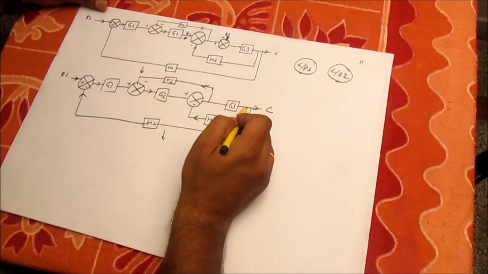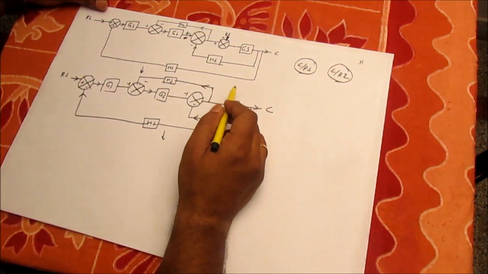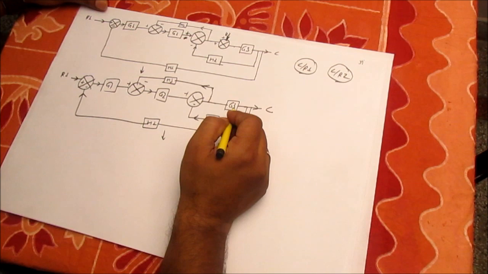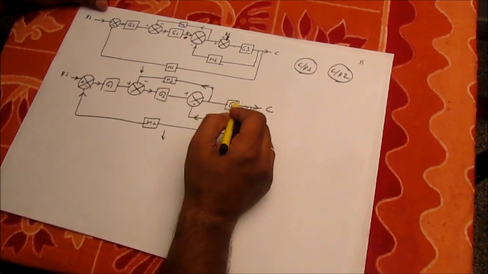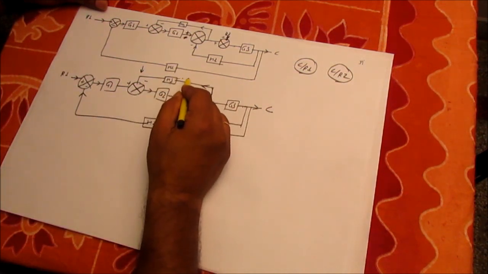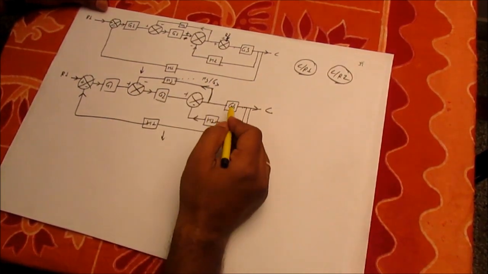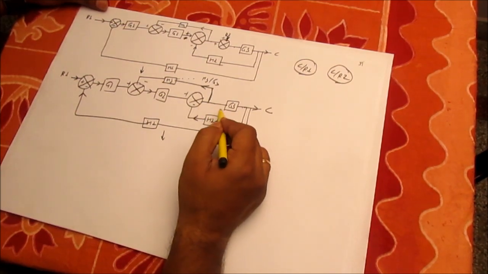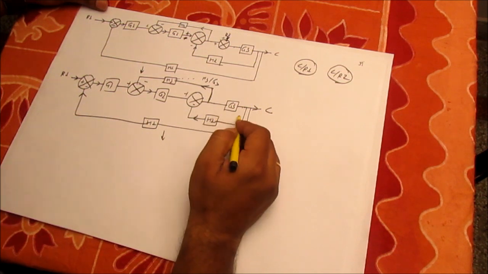To compensate for that, I will multiply this H3 by the reciprocal of G3, that is 1 by G3. So now this point will come here, and its gain will become H3 by G3, and this will become a feedback loop, whose output will be G3 divided by 1 plus